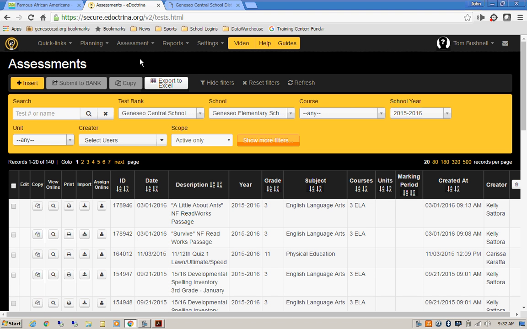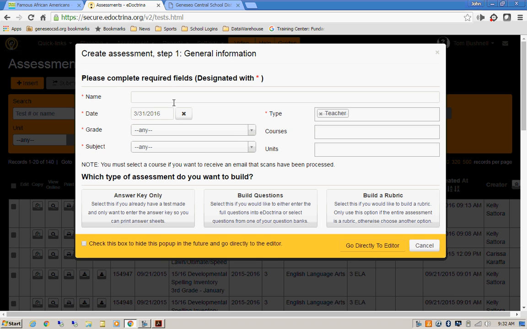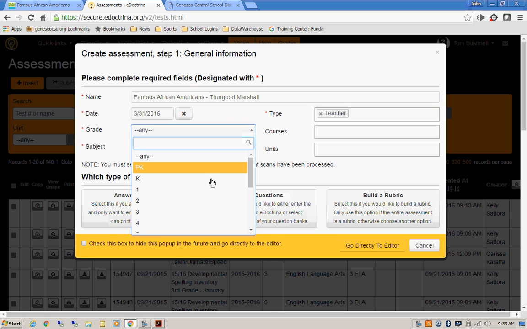We're just going to put in what the correct answers are. So with this plus for inserting a new assessment, really what we're doing is an answer key only, but give it a name. And once again, I already copied the title of that document in there, so I could just Control V and paste it. You can leave the date when you're creating it, that's fine, but be as clear as you can in these